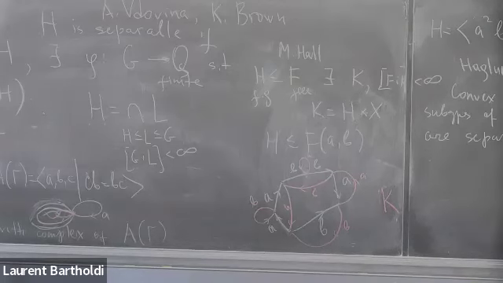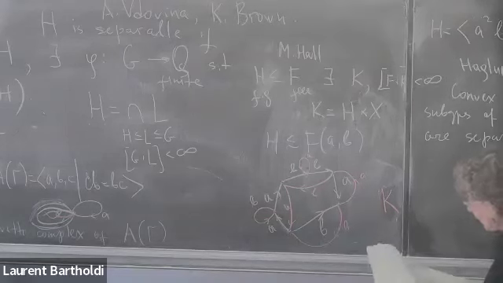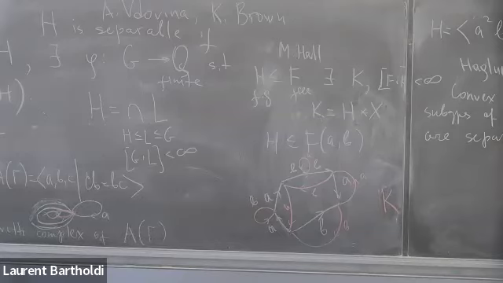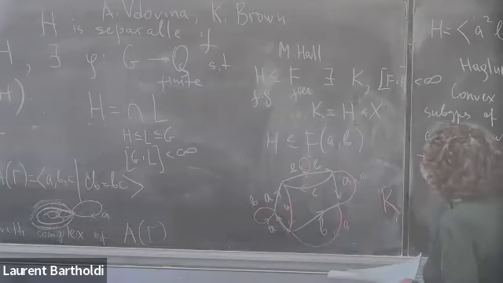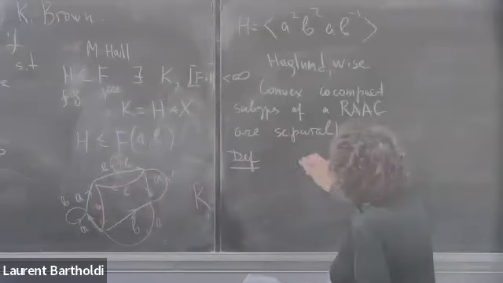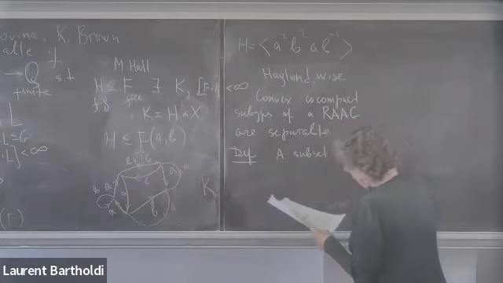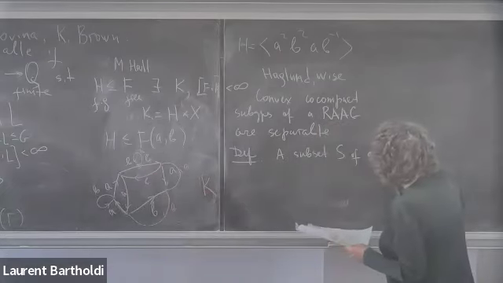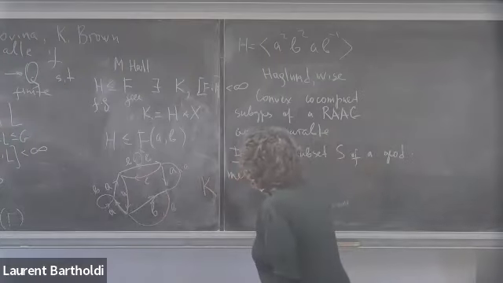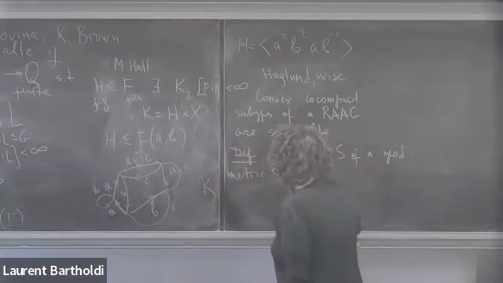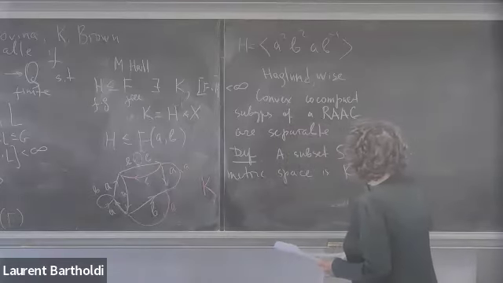Okay, now what am I going to do here? One more introductory definition. Or maybe I should first say what is convex-cocompact. So first of all, a subset of a geodesic metric space is K-quasi-convex